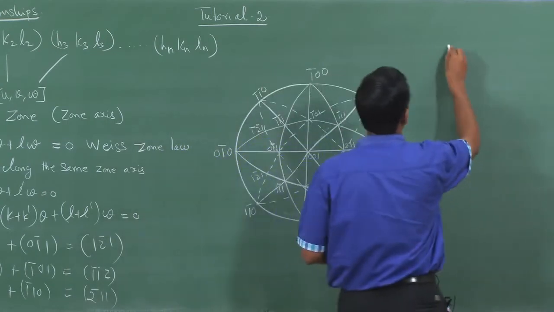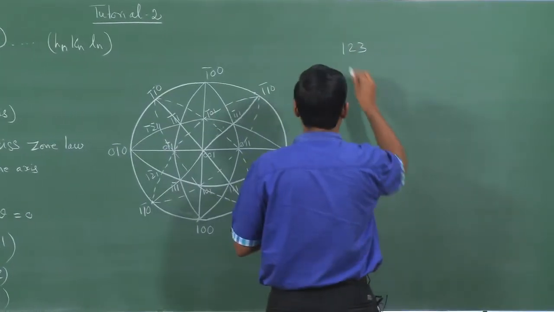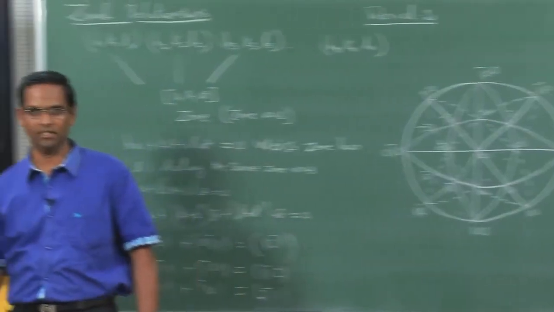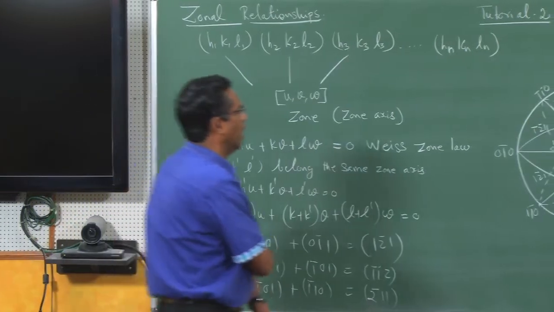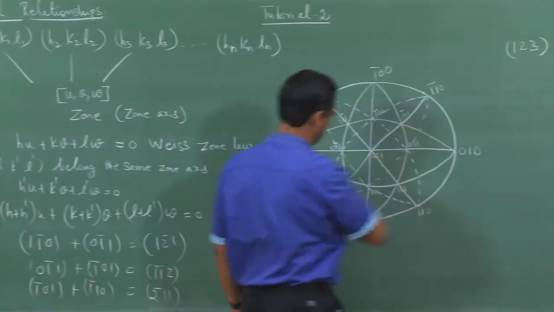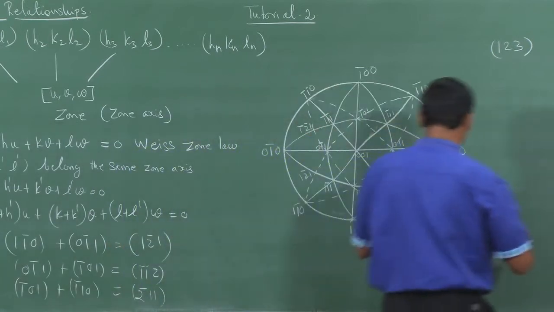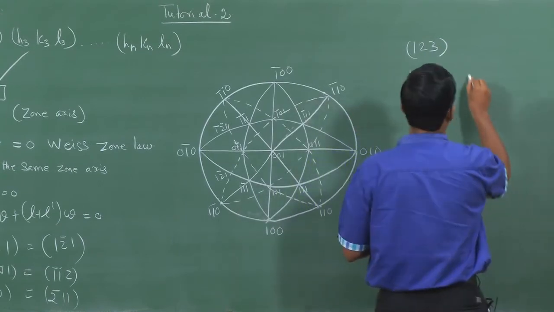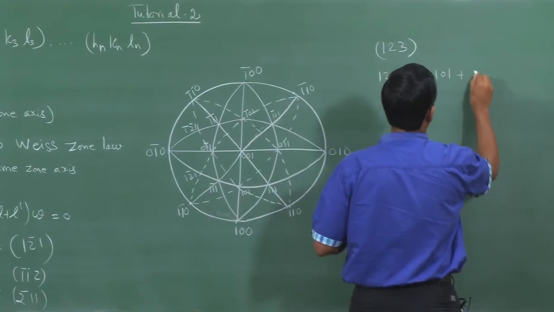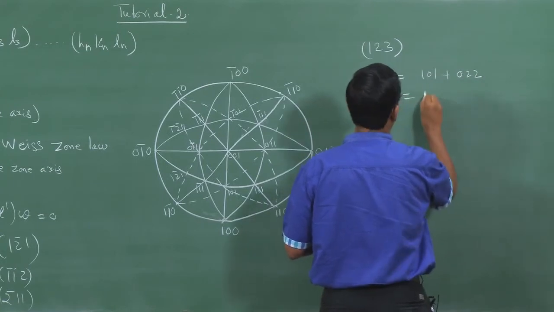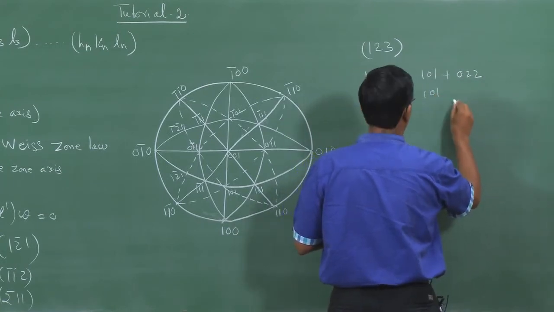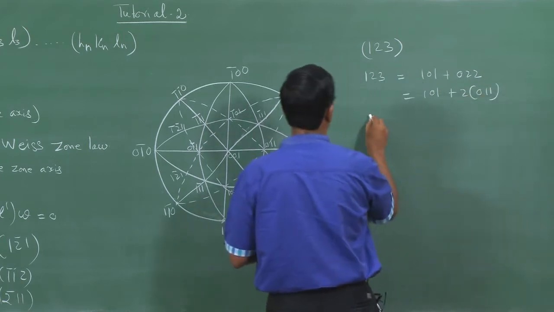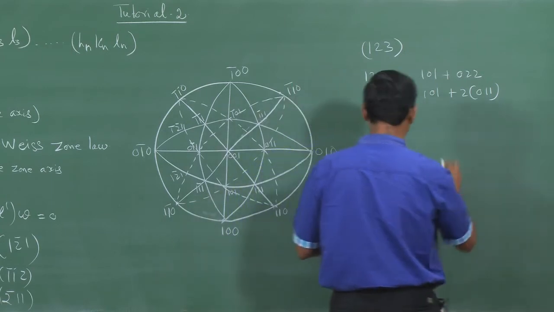I will just give you one more clear example. Suppose you have this kind of direction or a pole, how do you identify this in this stereogram? If you look at this, you can write 1 2 3 in terms of 1 0 1 plus 0 2 2, which is nothing but 1 0 1 plus 0 1 1. Similarly, 1 2 3 can also be written as